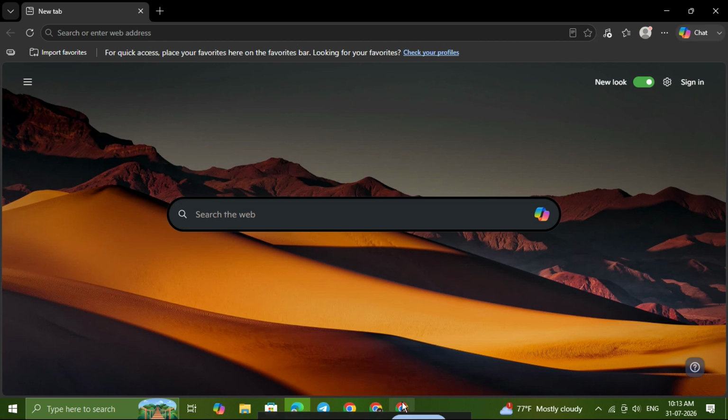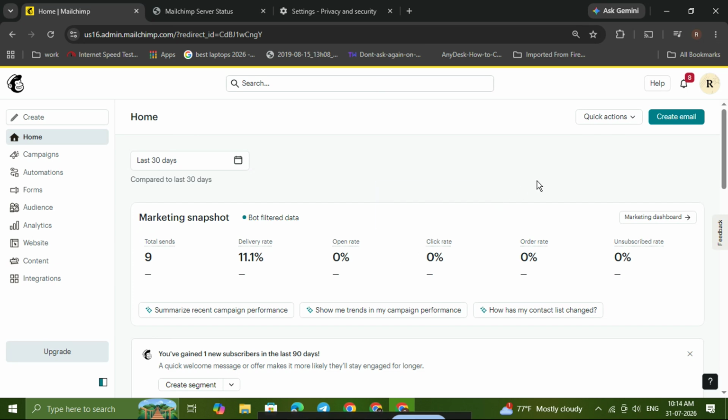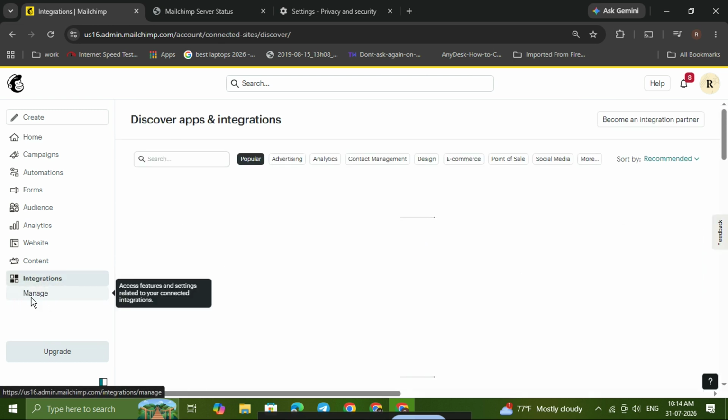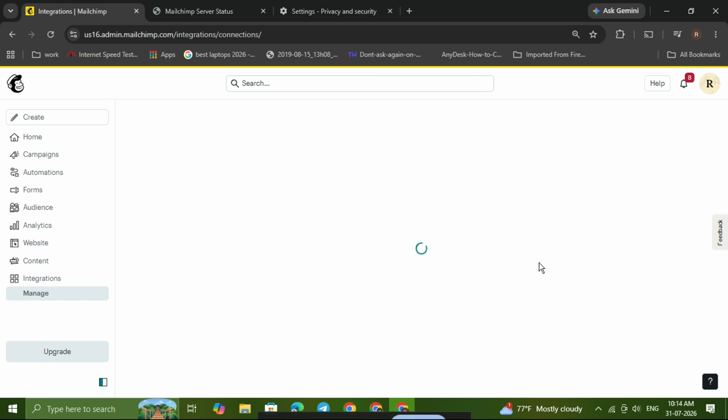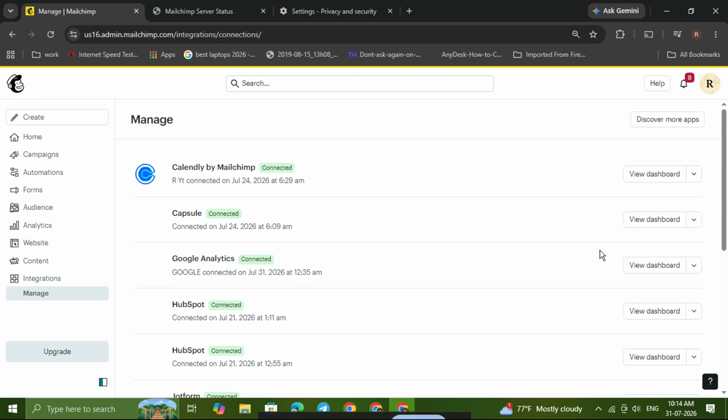Now, if you're using Mailchimp through an external builder or integration, such as Squarespace or another connected platform, you may need to reset the integration. Go into Mailchimp, click on Integrations, and then choose Manage. From there, disconnect the current integration and then reconnect it again. This can refresh the connection between Mailchimp and the external service and fix issues caused by an outdated or broken link. If your forms, automations, or embedded tools stopped working after a change on the external platform, this step is